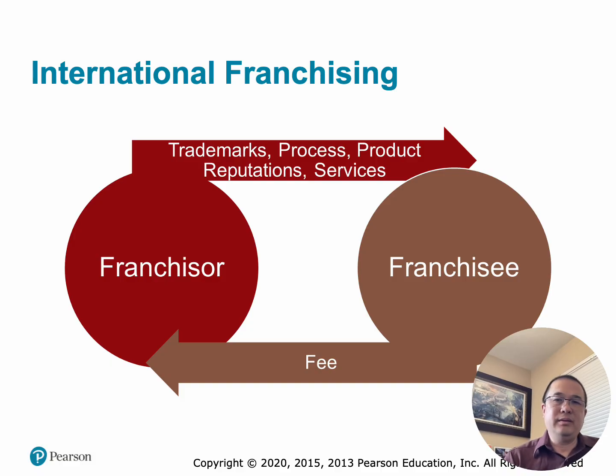The bottom arrow shows the payment flowing back. The franchisee pays the initial franchise fee, so a one-time payment for the right to open a business. As an example, a $50,000 franchise fee. Ongoing royalties. This is usually a percentage of revenue. So as an example, 5% to 8% of sales. Advertising contributions. Payments towards national or international marketing programs.